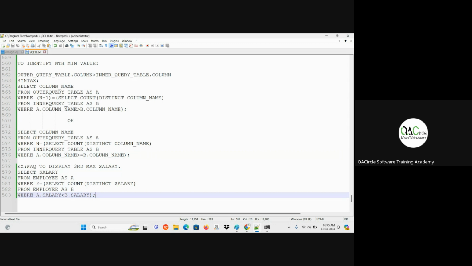Next query. Write a query to display first three maximum salaries. How can we write a query for this? What does the query say? First three maximum salary means